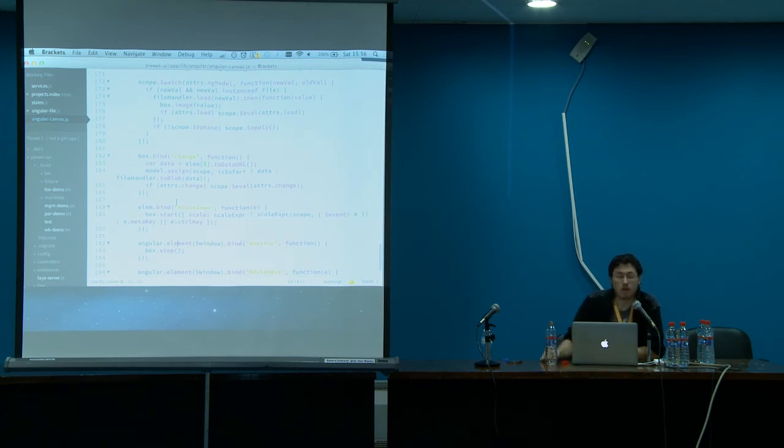Yes? How does all this generated code affect debugging using something like Chrome Inspector or Firebug, for example? Okay. So the question was, how does this affect debugging? Usually no more than, well, in some cases your stack traces get a little weird.